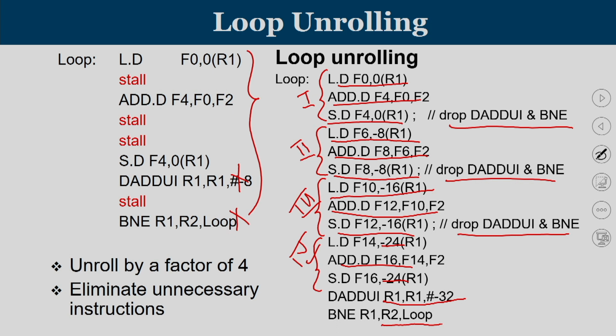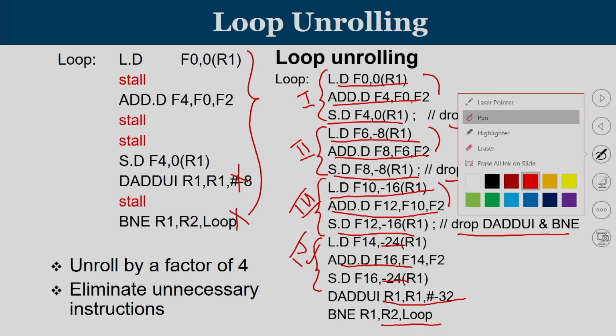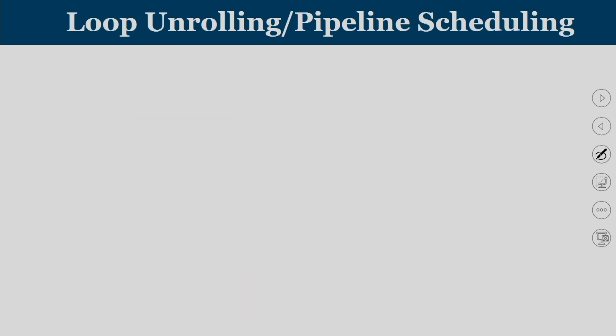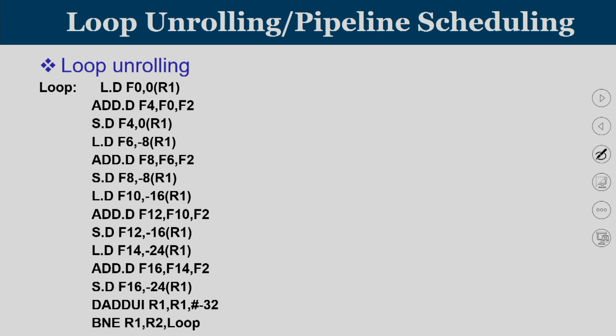But we know that simply by unrolling there is already a stall that comes between this load and add. So every pair of load and add is going to have stalls. So wherever I am going to mark with this green ink, there is going to be a stall. Now can you get rid of this? This is the place where compiler scheduling is going to help. So this is the unrolled loop. These are the places where we are going to have stalls.